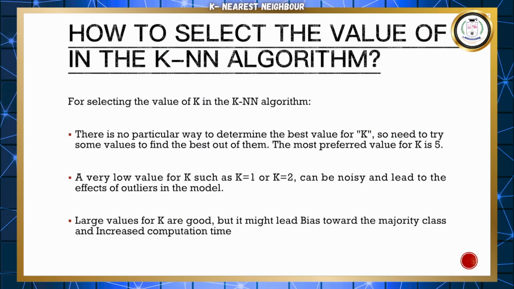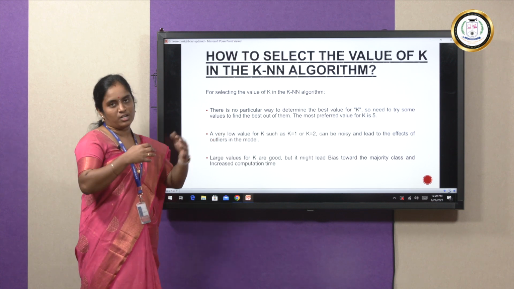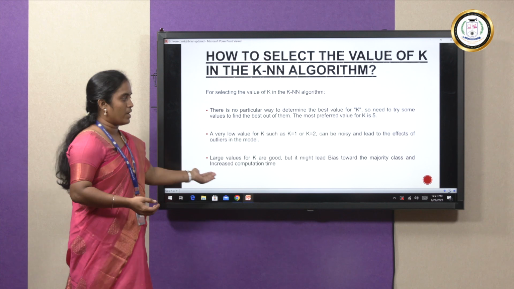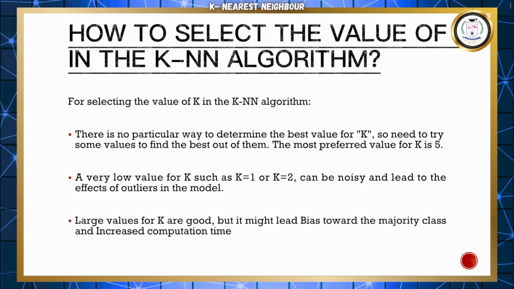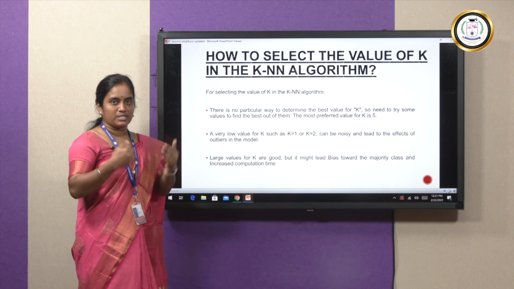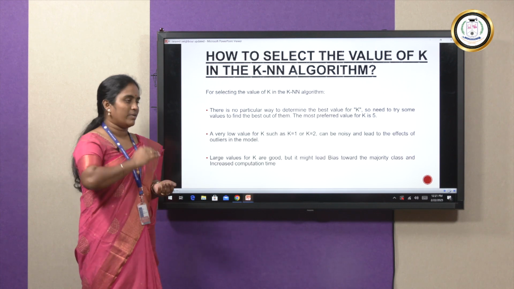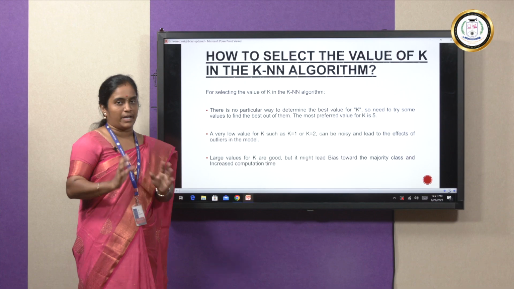So as I said, how do we choose K? There is no particular format or way to calculate or assume the K value. We'll have to make sure it is not too low, because when it is too low, it cannot handle a noisy data set, and when it is too high, it will be biased to the majority class. So we'll have to assume a K in such a way. The factor you have to consider is the number of data records in the data set. Say it is just 4, we cannot take a K value to be 5. So obviously we have to consider the number of data records, but when it is a predominantly larger data set, the usually assumed K value is 5.